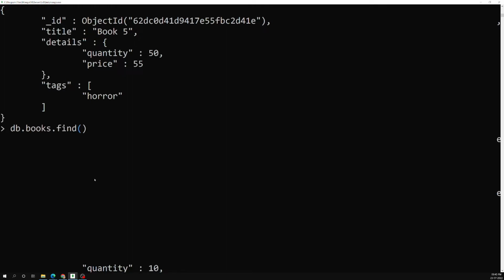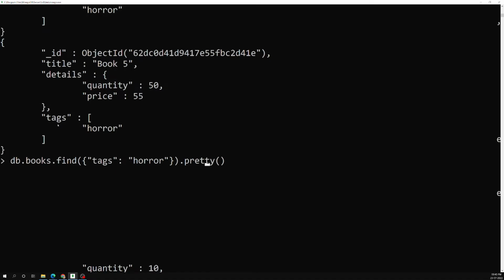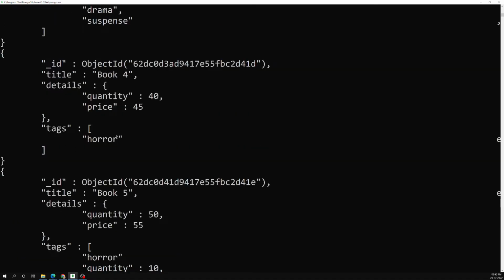db.books.find, and I want tags which is having horror. Okay, I will take the horror. So I want to get the horror thing. So if I try to do the pretty, what could be the output? Let's try to see. So that means we are trying to check the tags which are having only horror. So this could not happen like this for an array thing. At least, in these tags, at least one item is horror, then it will show